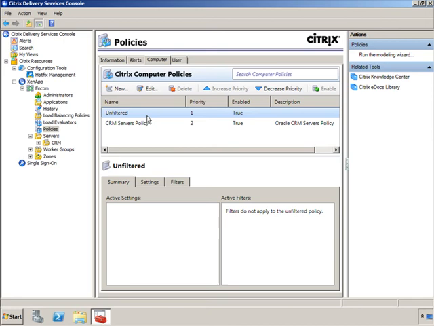So if you have a lot of policies and you want to be able to figure out which is being enforced in order to troubleshoot or do some tweaks, there is a group policy or Citrix policy modeling wizard that allows you to do that. Now, before we can run that modeling wizard, let's go ahead and create a circumstance where there's a conflict between